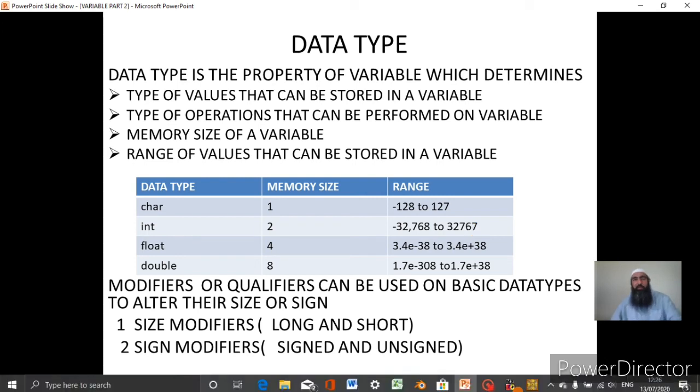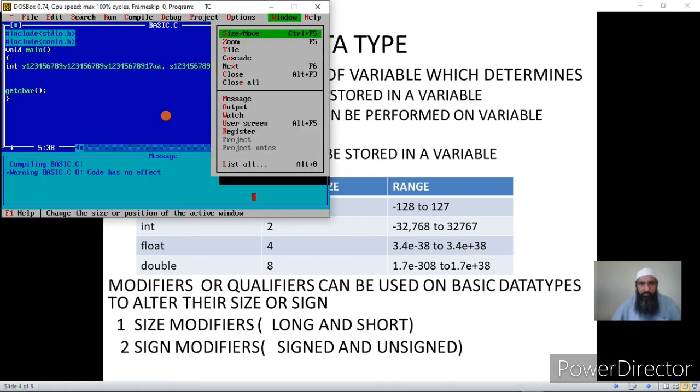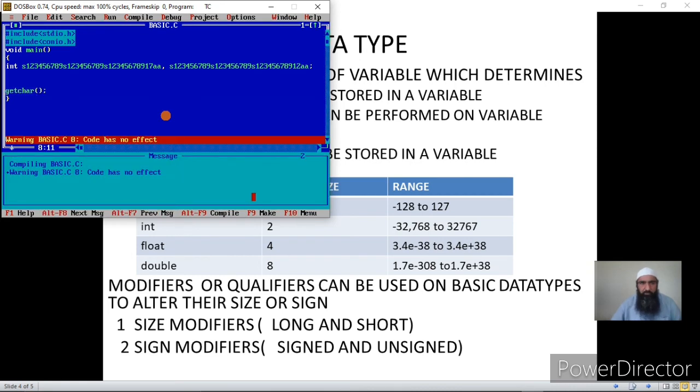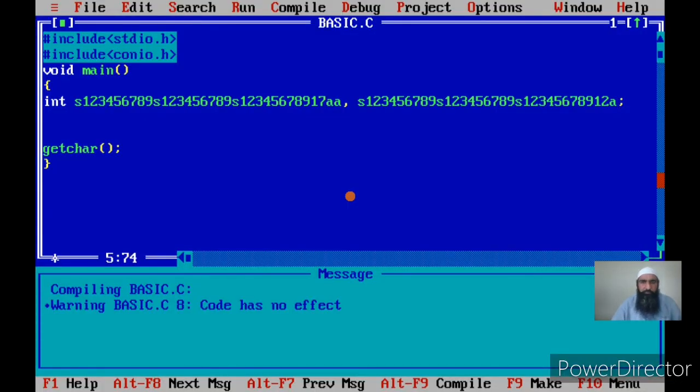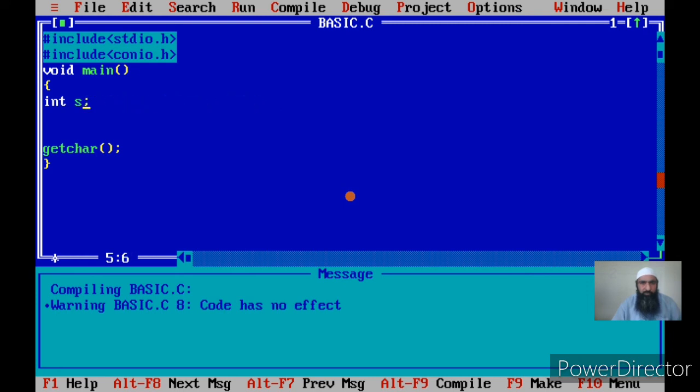Let us see this practically. Suppose I have a variable a that is an int variable, and I am storing a large value that is greater than the value that it can hold. I have shown you the range.